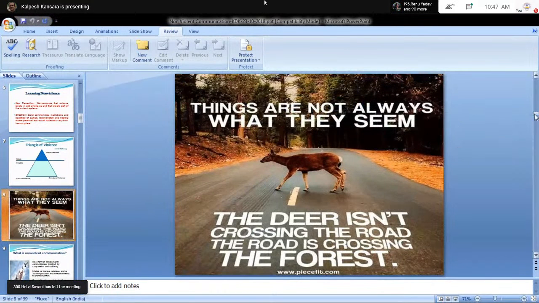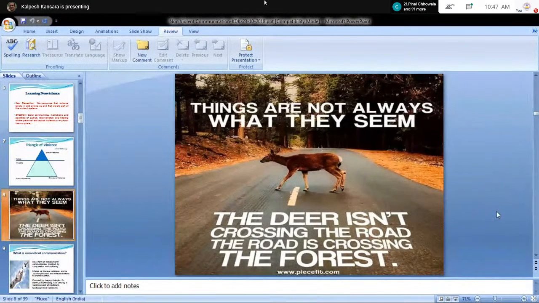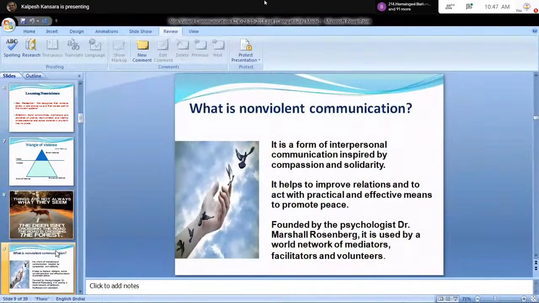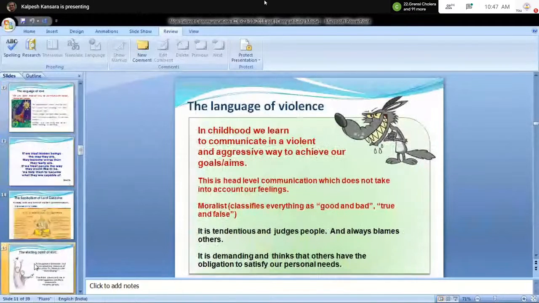easy to get influenced by things which appear, but things are not always what they seem. Because as you see in this picture, the deer isn't crossing the road, but the road is crossing the forest. Right? So whenever you are facing any tough situation, just focus on your goal, because nonviolent communication always helps in such situations. And